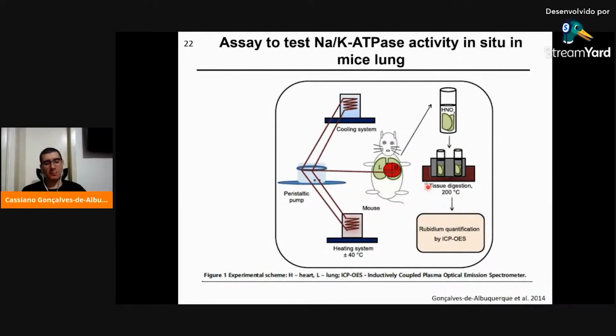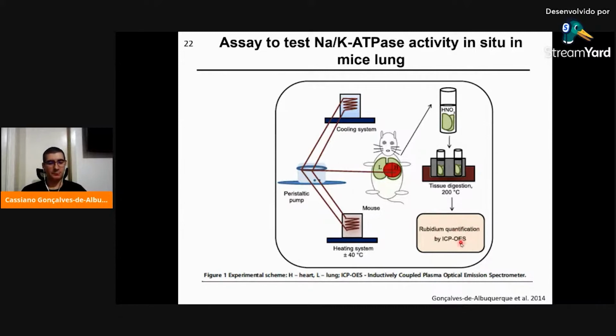Next, we developed an assay to test sodium-potassium ATPase activity in situ in the lungs of mice. We perfused the lungs for 15 minutes with warm modified Hanks solution with rubidium. For the next 5 minutes, lungs were perfused with cold saline to stop the enzyme. The lungs were removed and digested at high temperature. And finally, rubidium was quantified by